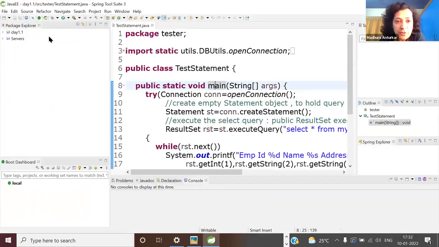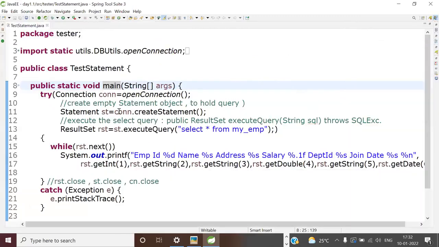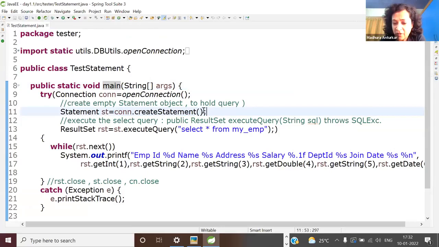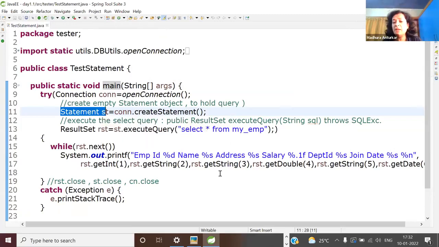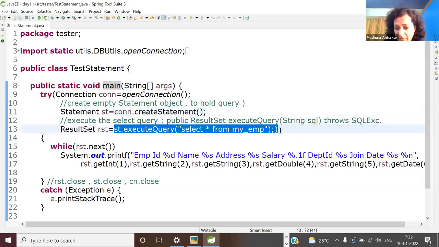Yeah. So if you see our test statement, I was asking you, Shubham: whenever you are creating a statement object, are we passing any SQL here? No. So what does the statement object represent? The query, is it an empty one or populated with a query? Empty. So when do you pass the query actually? At the execution time. Okay, so this is about your statement.